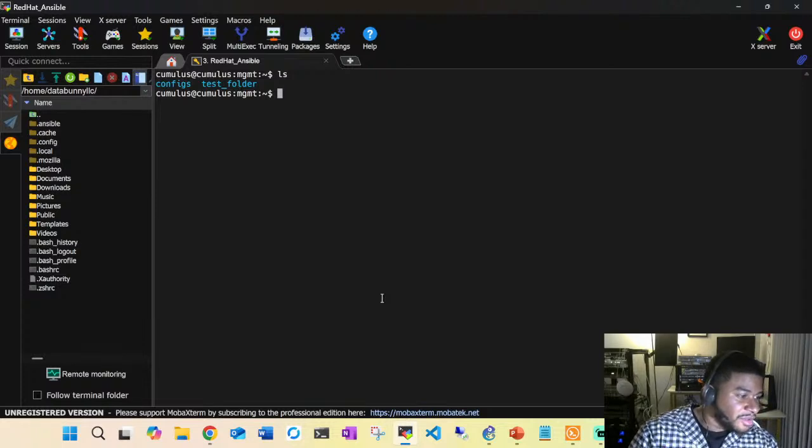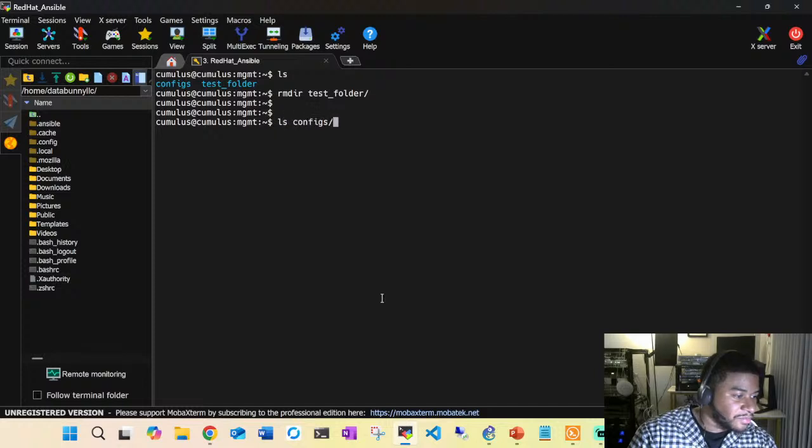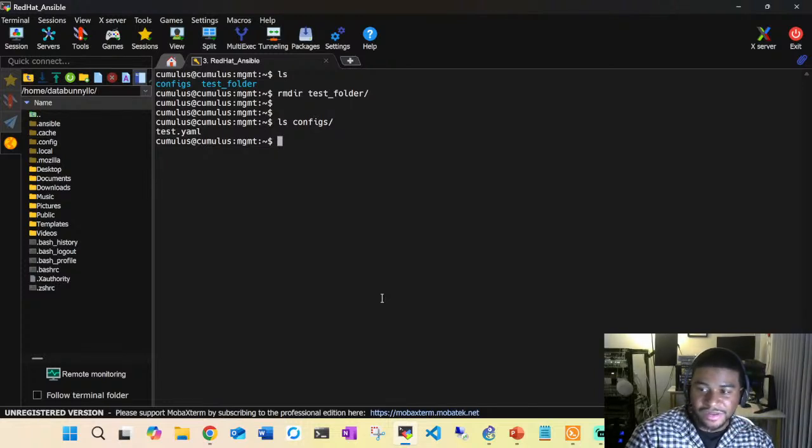You also have the ability to use bash commands on top of that. So I just deleted that folder here. I'm going to keep the test YAML in there because I may want to play around with it, right? But nv show,